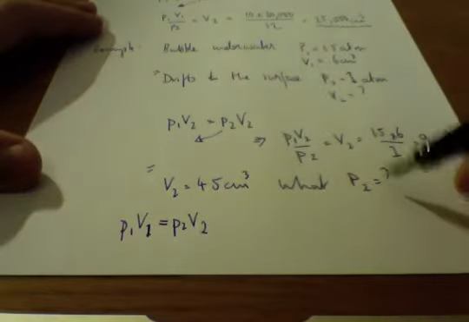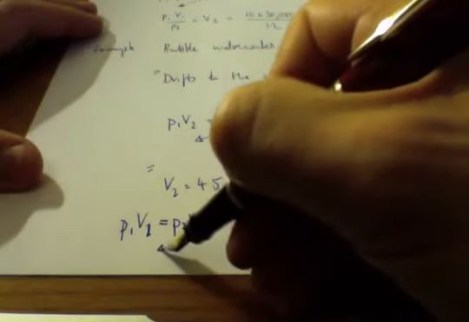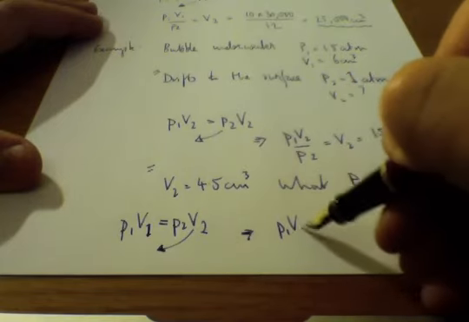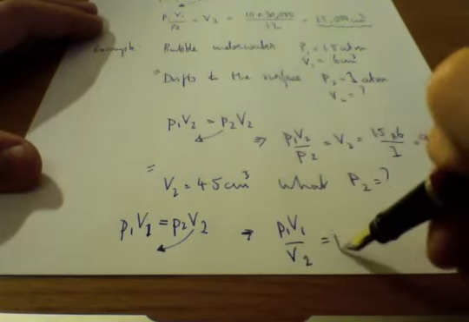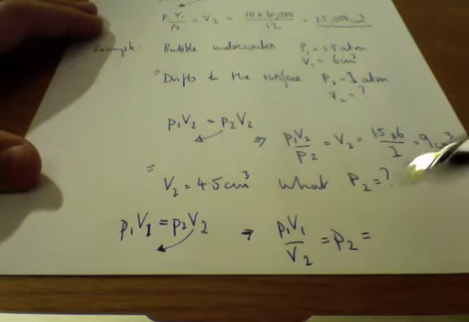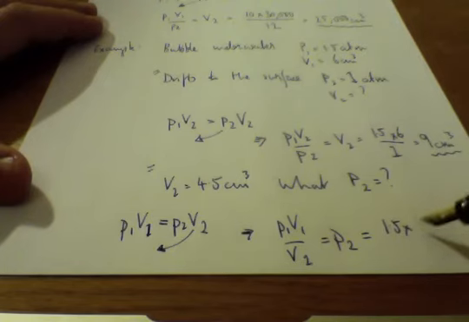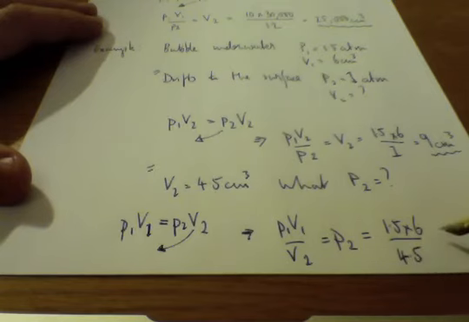I'm looking for the second pressure, so I need to get rid of the second volume. Let's substitute in the values. So I started with, right up here, 1.5 and 6, and I'm dividing by 4.5, which gives me,